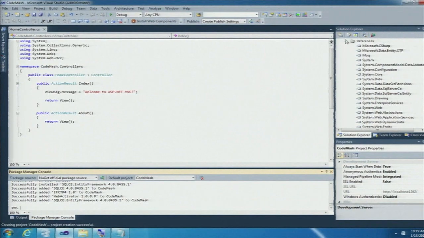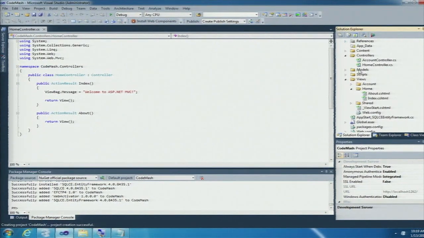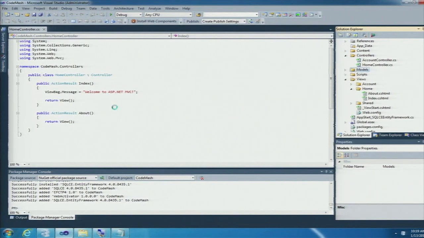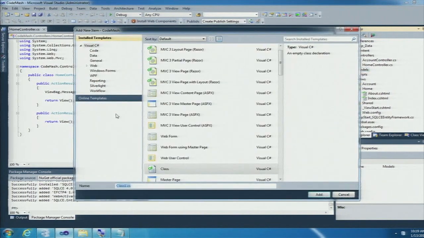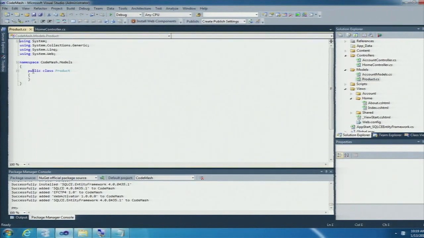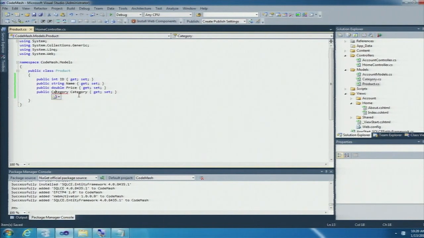OK, I'm going to close the references down. And inside here, we'll add a new class file. And we'll call it product or product, depending on how you spell product. Okay. Similar theme to the bakery. We're going to have a product theme, and I got a code snippet here which is going to help me fill this out with a few properties. Notice how we've got this category class that we need to go and generate. I'll get Visual Studio to take care of that for me.